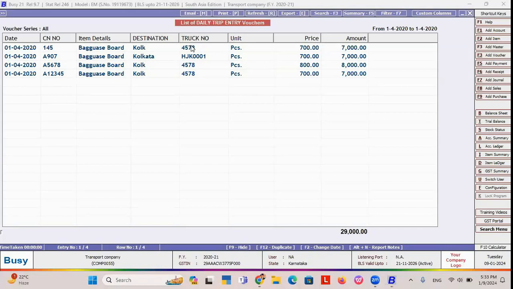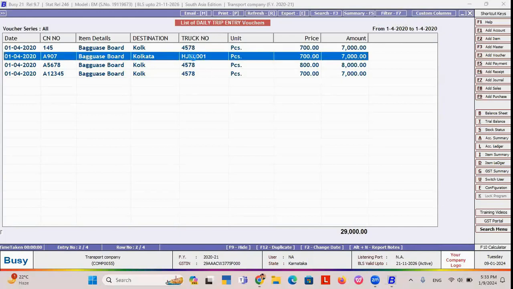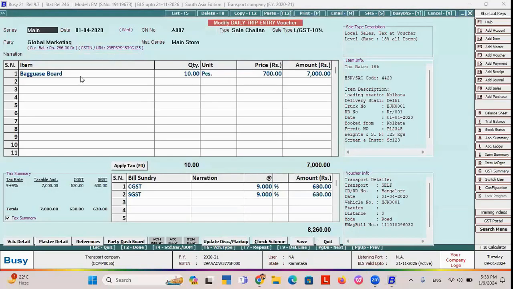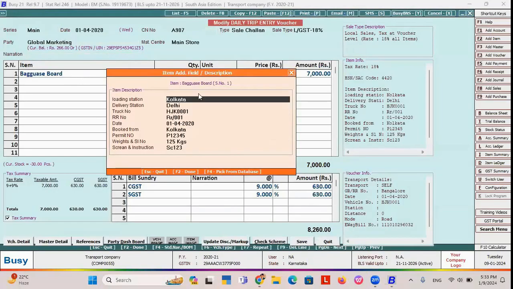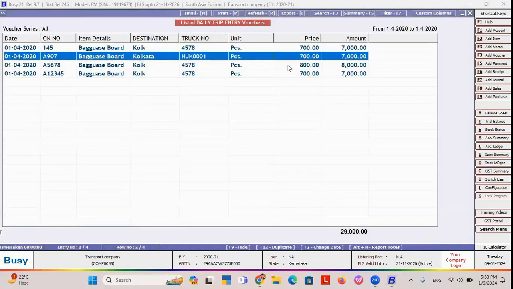daily trip voucher list. इसमें जो है आप इस ऑप्शन को यूज कर सकते हैं कस्टम कॉलम. अब आप देख सकते हैं कि इसमें जो है हमने डेस्टिनेशन कोलकाता मेंशन किया हुआ है, दैट इज पिकिंग फ्रॉम दिस लोडिंग स्टेशन, फ्रॉम दिस आइटम डिस्क्रिप्शन वन लाइन. So you can use the custom column option to incorporate your columns or incorporate your additional information in the report